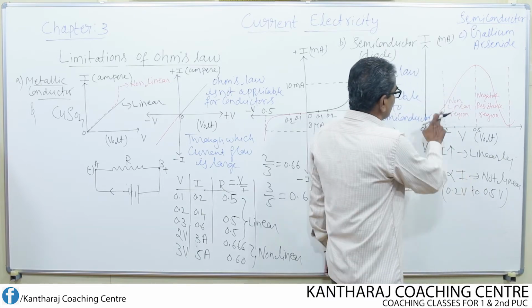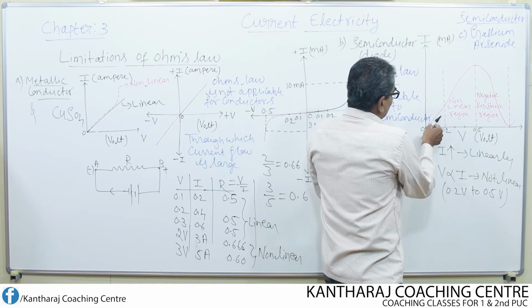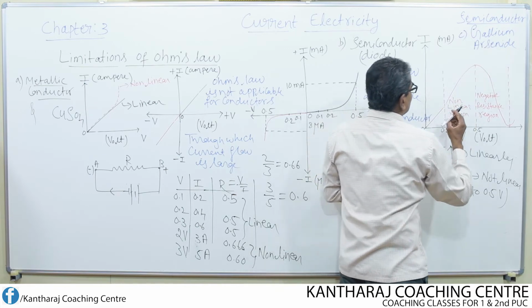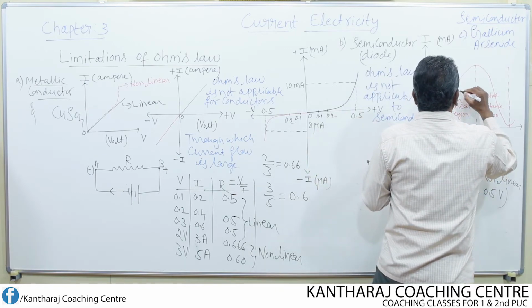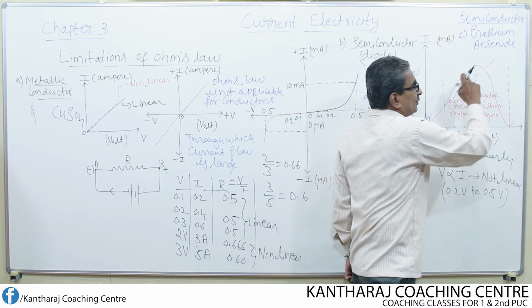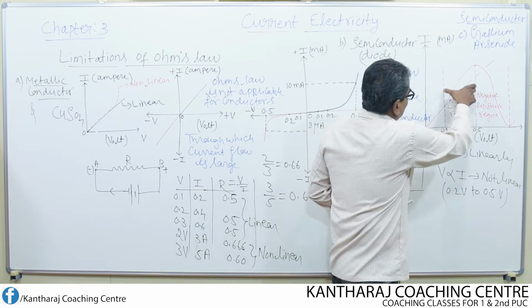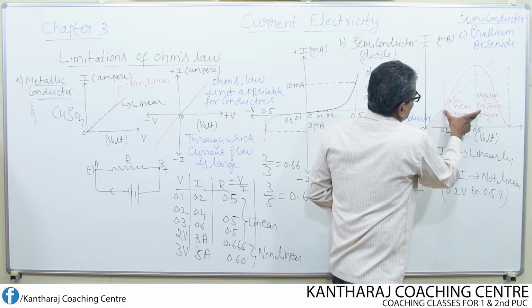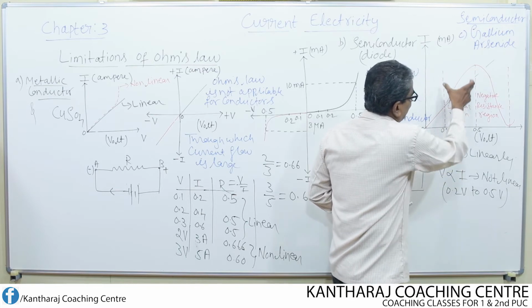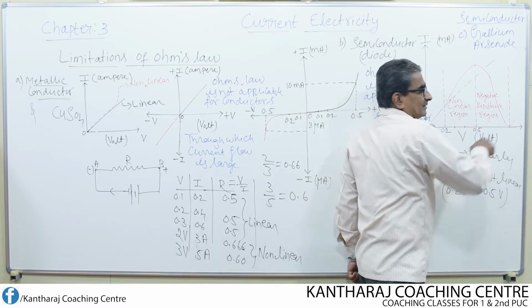Okay. So, non-linear variation, because we are getting a curve like this. We are not getting a straight line like this. If it is a straight line, then it would have gone like this. Not a straight line. Right from here, it is found to be a curve. Non-linear variation. So, therefore, right from here to here, it is a non-linear region. That means non-linear variation. Now, I'm increasing the voltage further.